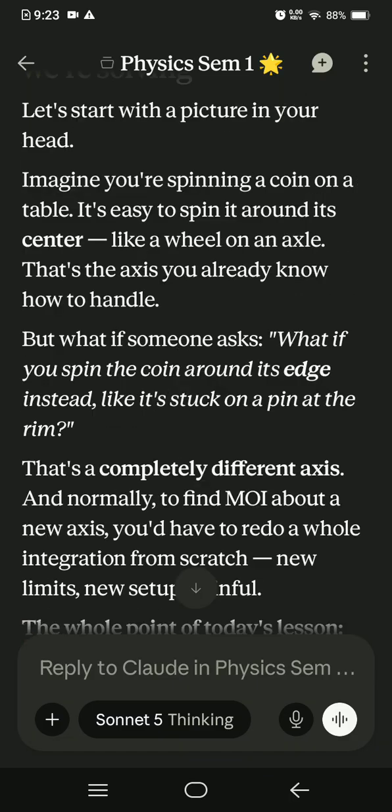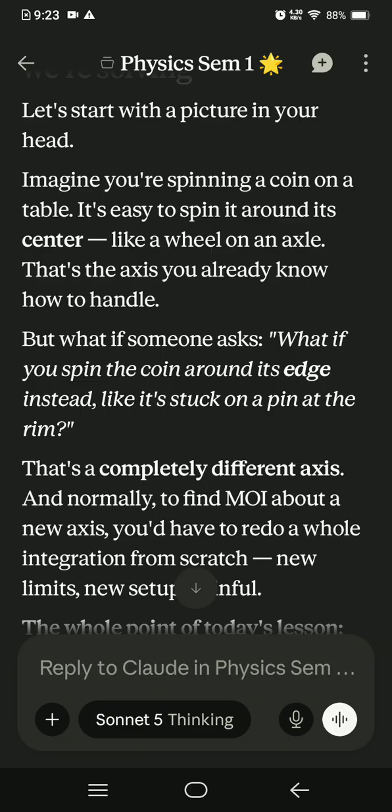Let's start with a picture in your head. Imagine you're spinning a coin on a table. It's easy to spin around its center like a wheel on an axis. That's the axis you already know how to handle. But what if someone asks, what if you spin the coin around its edge instead, like it's stuck on a